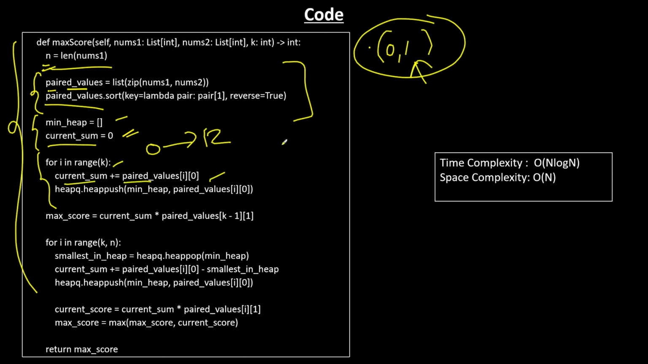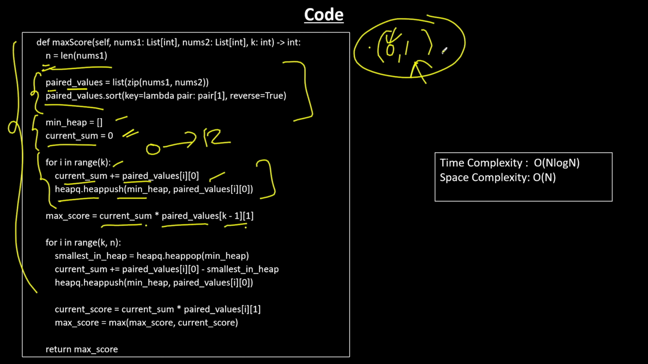If you do i of 0, we get the value of nums of 1, which is basically this side, right? Then we put that value into our min heap. Make sense? This is what we do. And after doing this for the complete range, we have the current sum. Then paired values k minus 1 of 1 basically says go to the k minus 1